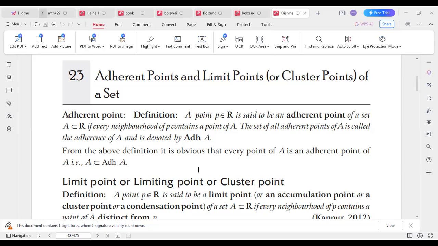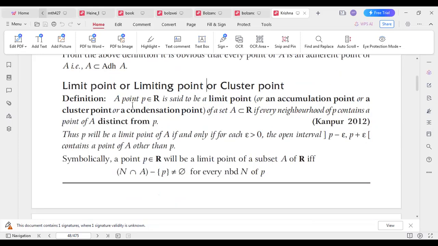Now, what will be the limit point or cluster point? A point P belonging to R is said to be a limit point or an accumulation point or a cluster point or a condensation point of a set A, which is a subset of the real numbers, if every neighborhood of P contains a point of A distinct from P. You have to remember this: different from P. Thus, P will be the limit point of A if and only if for each epsilon greater than 0, the open interval (P minus epsilon, P plus epsilon) contains a point of A other than P. Symbolically, a point P in R will be the limit point of the subset A of R if and only if